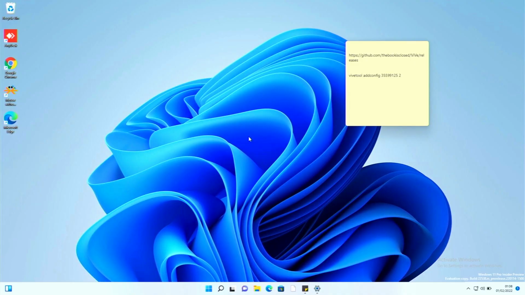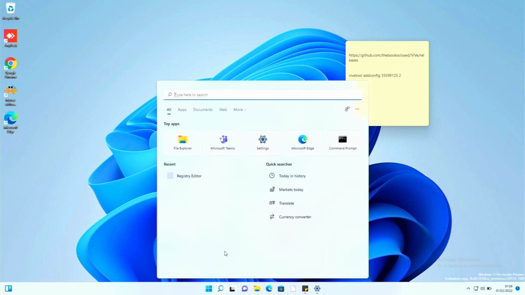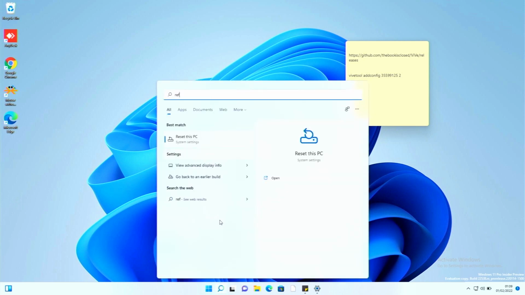So in today's video I'm going to show you how to enable small taskbar icon in Windows 11. So for that you have to add an entry in Registry Editor. So for that click on search and type registry